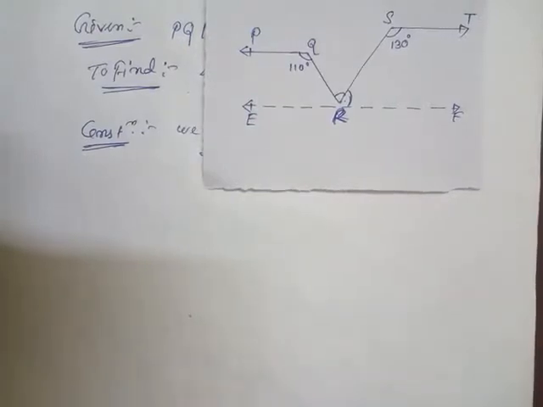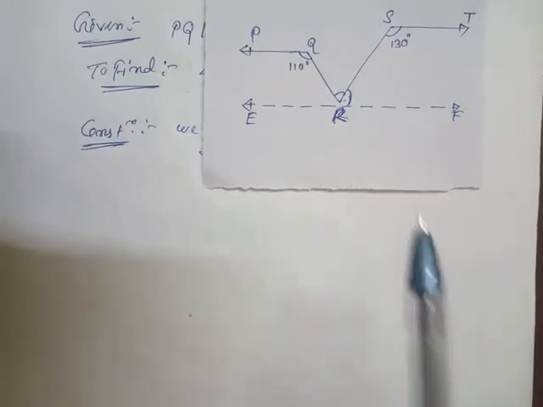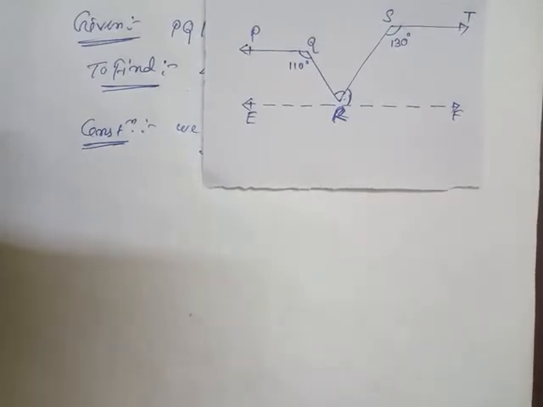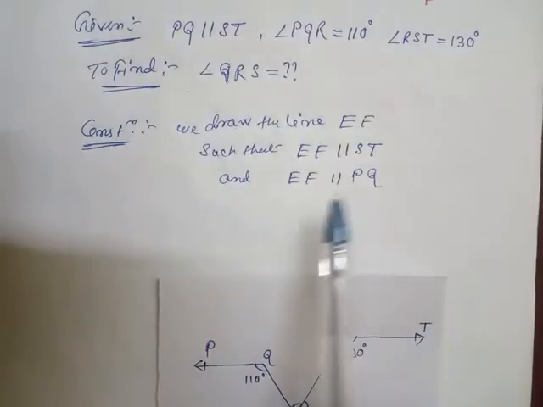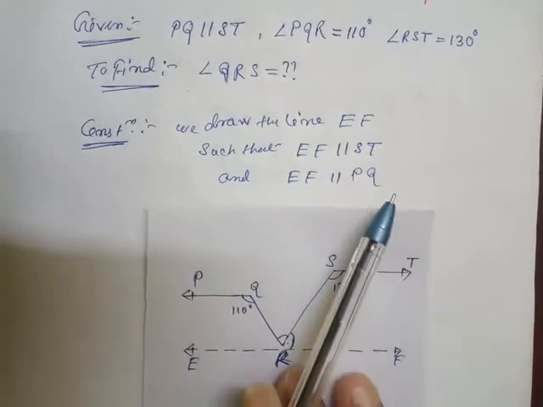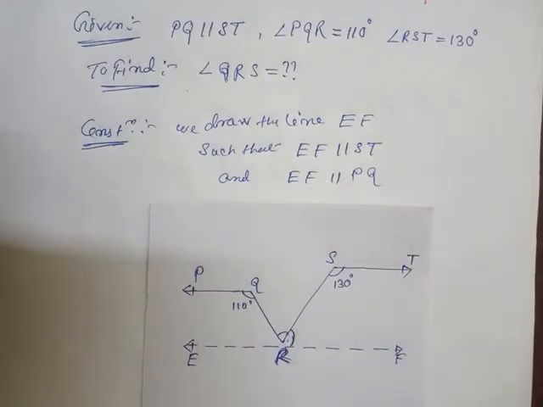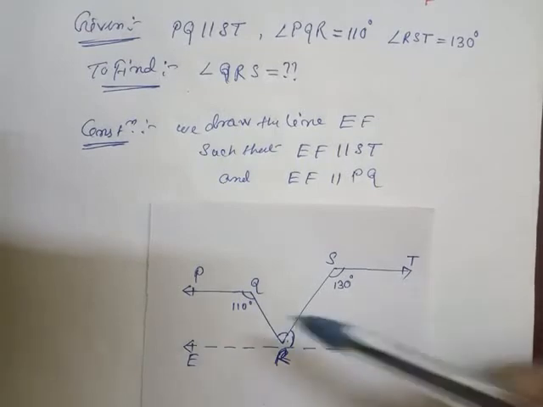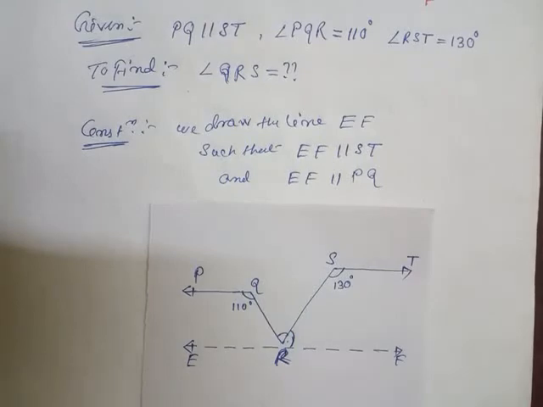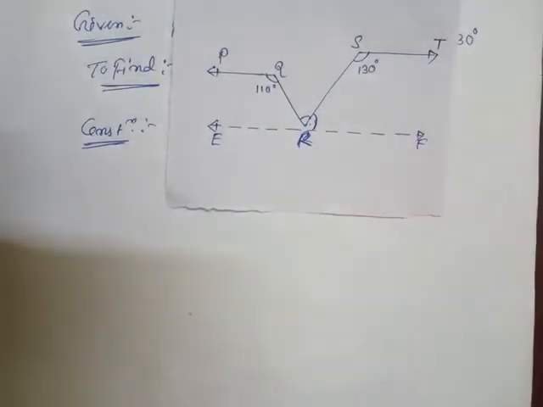Student, as you can see in the video, this is the diagram, a rough sketch, which I have drawn on a small piece of paper so that I can solve this problem easily. Now look, student, in the construction, EF parallel to PQ. Look in the diagram, EF parallel to PQ and EF parallel to ST also. After drawing that EF through the point R, if EF is parallel to PQ, then we can say that QR is the transversal. So I will use that point only here now.